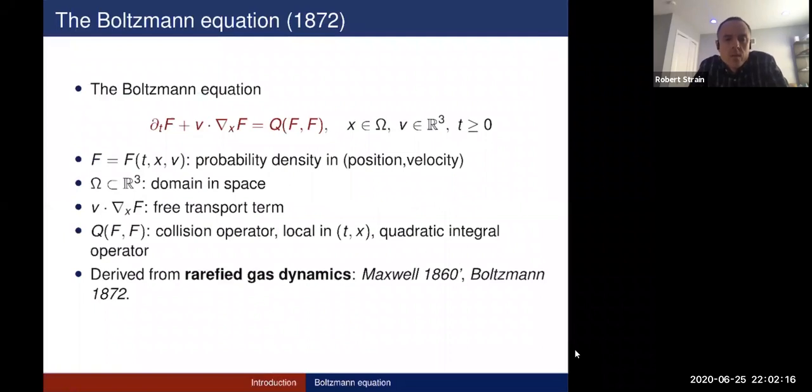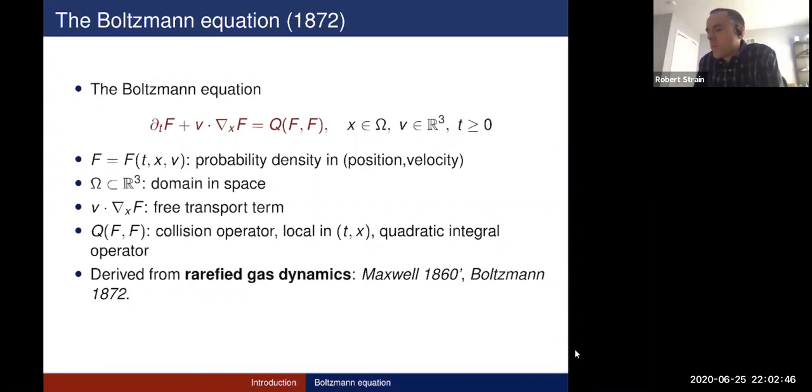So the Boltzmann equation was derived in around 1872 by Ludwig Boltzmann and also by James Clerk Maxwell. Maxwell actually wrote down the equation first, but Boltzmann derived the H theorem, which predicts the convergence to equilibrium, and for that reason, the equation was really named after Boltzmann.